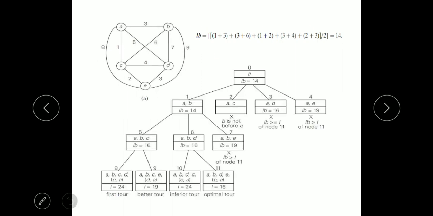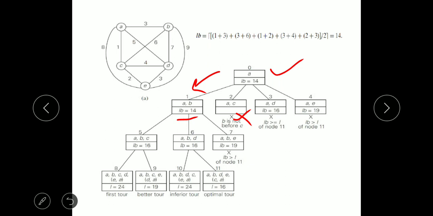We have calculated the initial lower bound. So next, let us move on with the state space tree here. We have calculated the initial lower bound to be equal to 14. So when we try to draw a Hamiltonian cycle which has edge A and B in it, the lower bound remains as it is. It is the same. Other possibilities, we can go from A to C. We have assumed that we shall first visit B and then go to C, so we are not considering it.